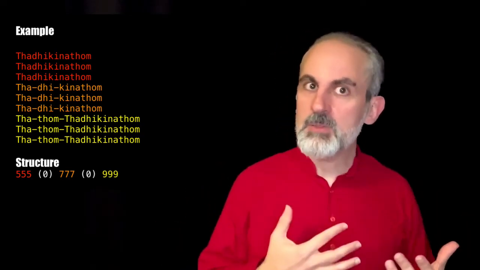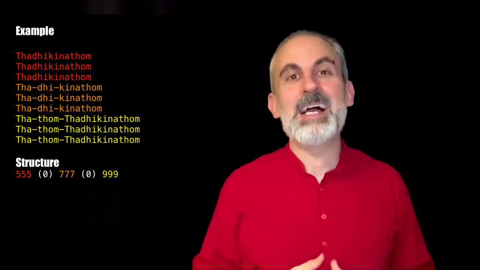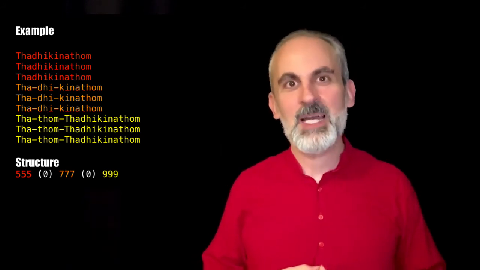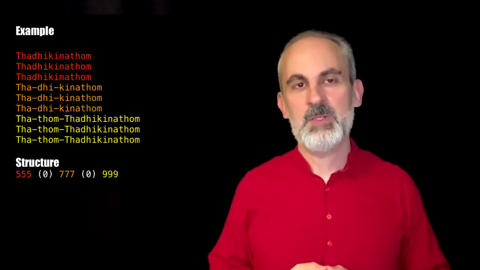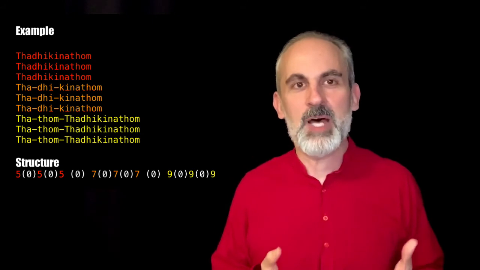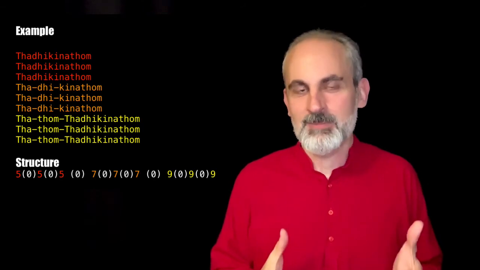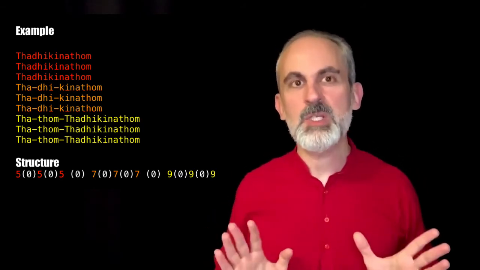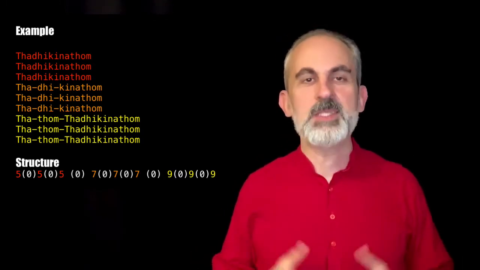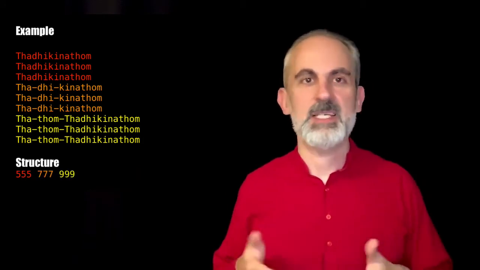But again, I have told you that the theermanam has 5 components. So where are those gaps in between? Again, we are talking about 0 gaps. So if we want to, as an exercise, write all these gaps, then we will end up with a theermanam that looks like this, which is honestly crazy. Nobody would do that, especially because these 0 gaps do not add any information. With just writing the numbers, that's all you need in order to perform, learn, and play this theermanam and go ahead with your life. So that is why we write this theermanam simply as 555 777 999.